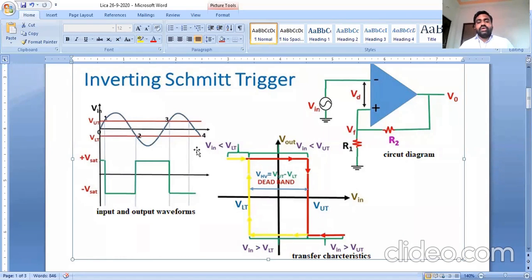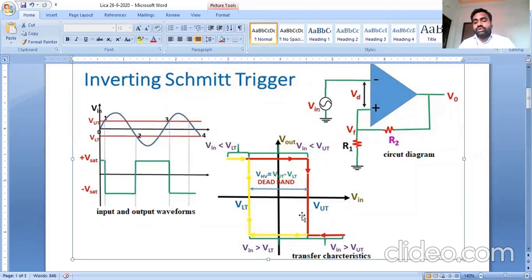That means here we analyzed the behavior of the output voltage with respect to our upper threshold voltage and lower threshold voltage. The output voltage varies between positive maximum and negative maximum, and the input voltage is experienced from 0 to positive maximum and negative maximum. The output voltage is experienced from 0 to positive saturation and negative saturation. So that is about the behavior of the input-output waveforms.